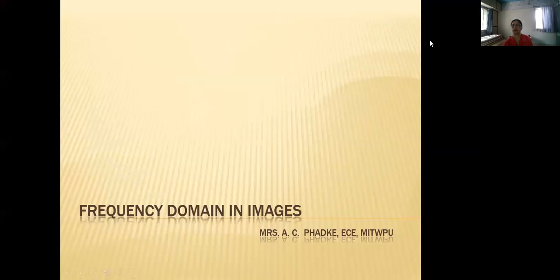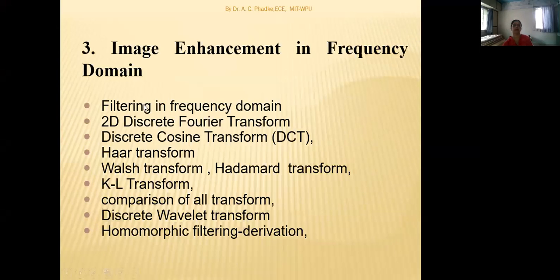Okay, so today we are going to start with Unit 3, that is frequency domain in images. In this unit, we are going to learn all these topics. Basically, what is the meaning of enhancement in frequency domain, and how we can perform enhancement in frequency domain by using filtering